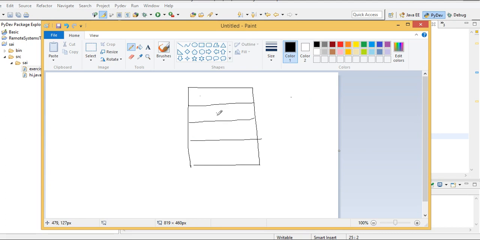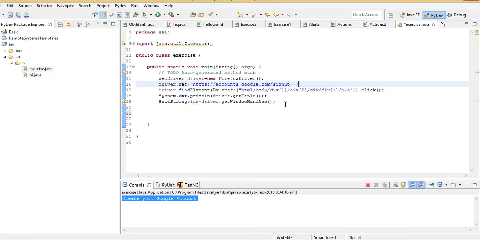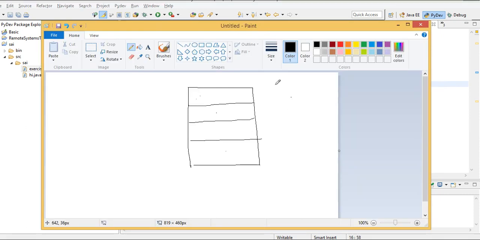Assume there are in total 4 IDs. When I store them in a set, they will be stored on a priority basis, first come first serve, 1 2 3 4. And the name of this set is IDs.